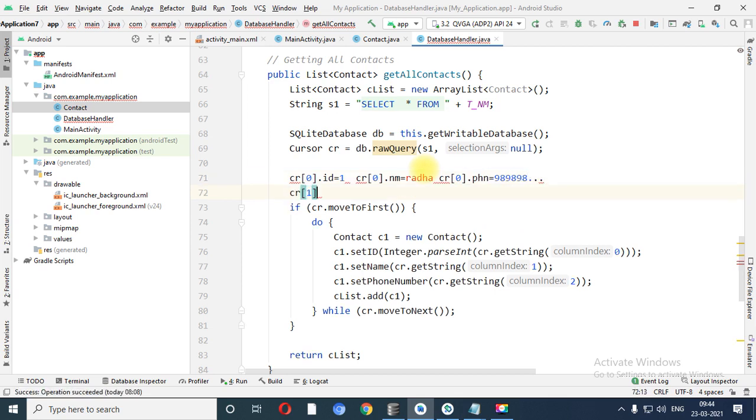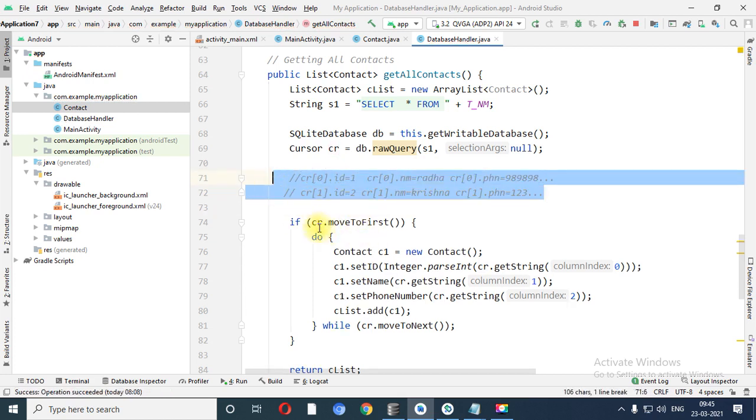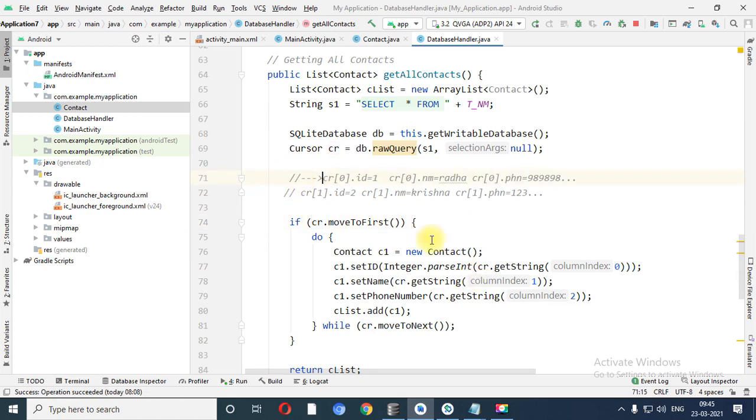Similarly, suppose the second row is there, cr dot id equals 2, cr dot first column dot nm equals Krishna, and cr of 1 dot pno equals 1 2 3 something, right? So cr is a collection of this data, the cursor, right? So cr.moveToFirst means your cursor is over here for the first time.